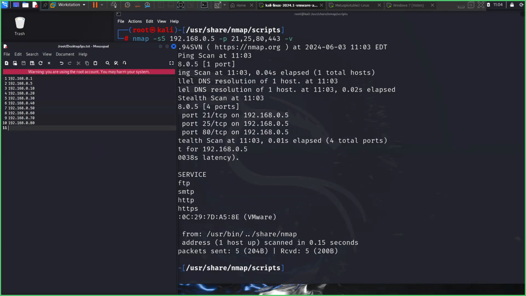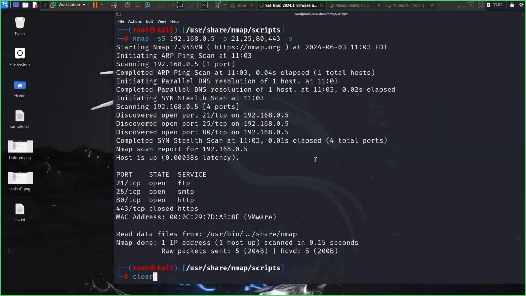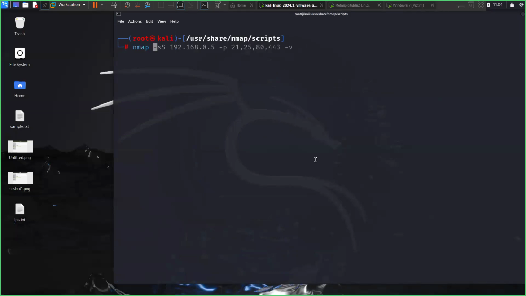So let's say these are the IPs I want to scan. And if they're mentioned in a list, I can just provide that list to Nmap now. So I can just type Nmap and scan type of your choice. Let's say we go for ping scan. And I now type -iL for input list. And now I can specify the path for the file, /root/Desktop/ips.txt. And now when I hit enter,